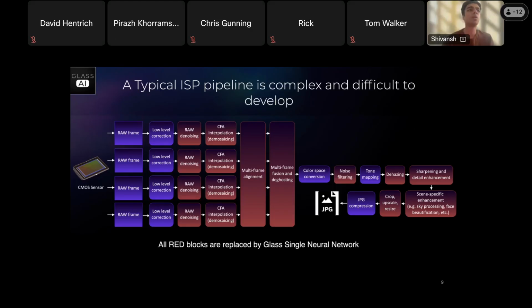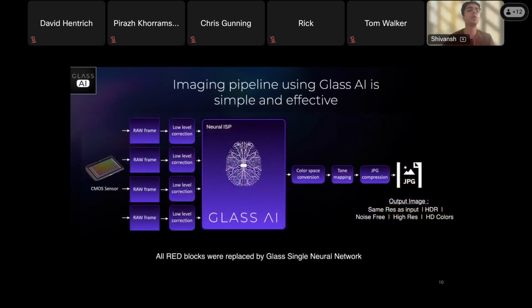Okay, so the goal here is we want to replace all of these red blocks by a single neural network so that you have minimal tuning blocks outside of your neural ISP. So this neural ISP block here is what we were discussing as part of camera characterization and training neural network.